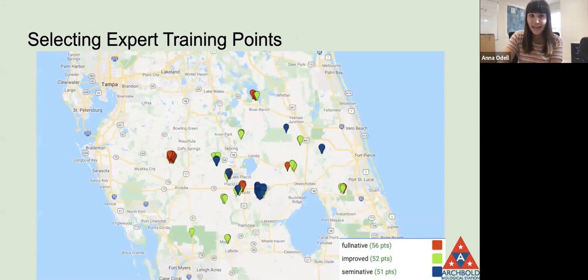To select training data for the classifications, Dr. Botten was able to help me and direct me to exact geographical coordinates of around 150 points for each class. Here are points for native, improved, and semi-native all around Florida, but trees and wetlands were also included. And it is also important to note that most of the training points were clustered around Buck Island Ranch for